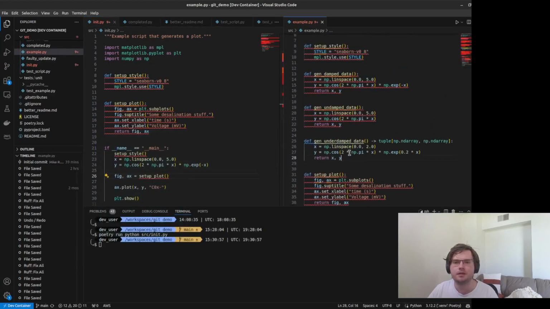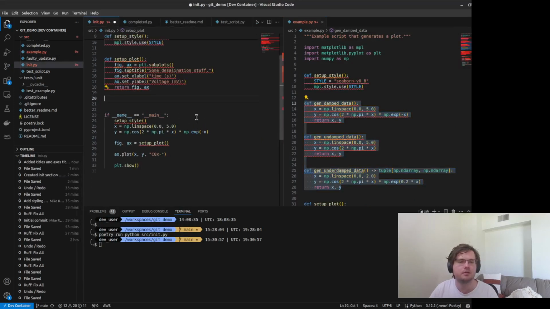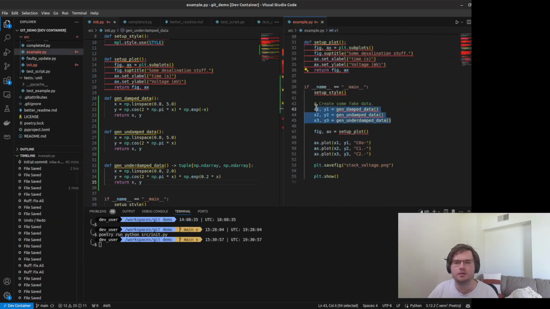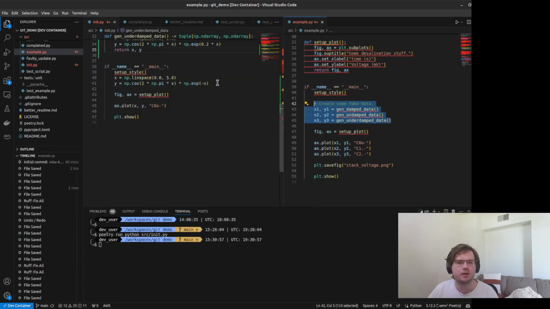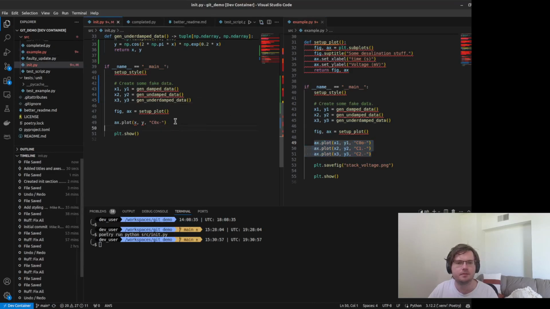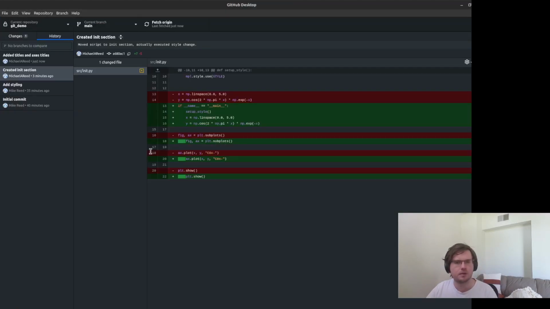So now I'm going to add these 3 different types of plots to not just have the original type of plot. And then I'm going to add in this section so that they actually get generated. And then I'm going to plot them. I'm going to run it to test it again. And again, let's say that in this example, there's actually lots more complicated things that we're doing all together. And this is what I want in this case. I'm going to go back and I'm going to make a commit.